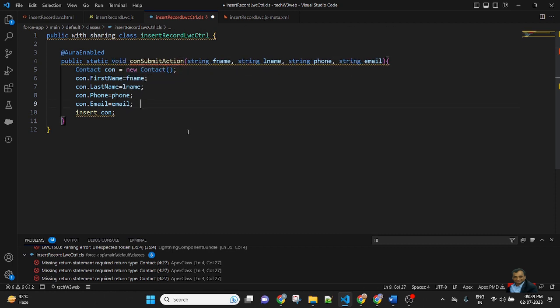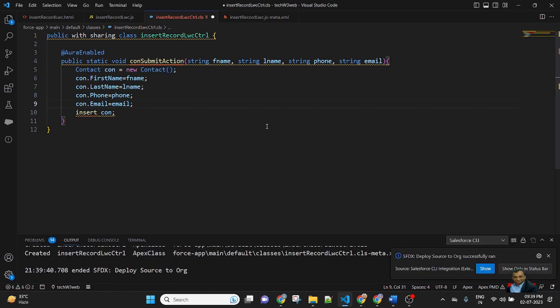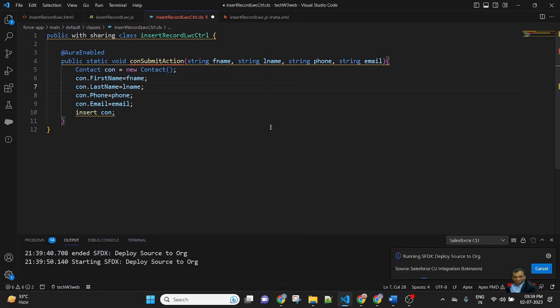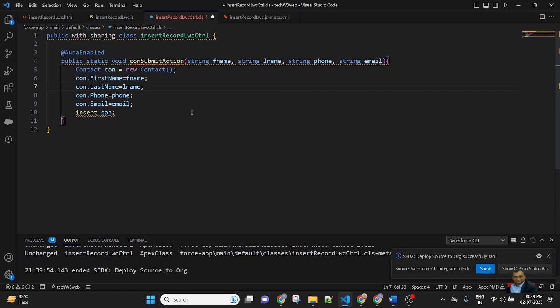After inserting the record, I am not returning the value. So save. Now I am deploying this code to Salesforce. So this code has been deployed to Salesforce.